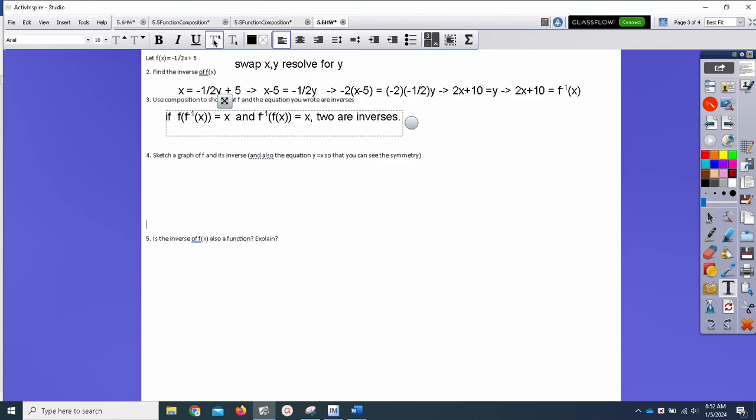So let's plug the inverse into the original one. I'm up here, scanning this guy right here. There's a negative 1/2, there's the x. I'm going to replace that with 2x plus 10. And then the original function says, if you just follow my cursor right there, add 5. If I distribute the negative 1/2, a negative half of 2x is negative x, and a negative half,